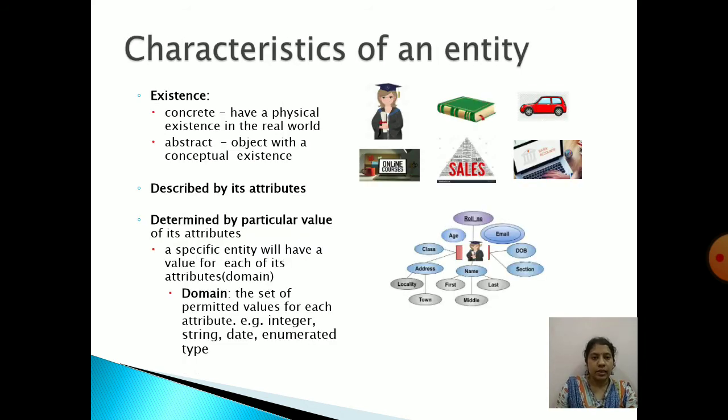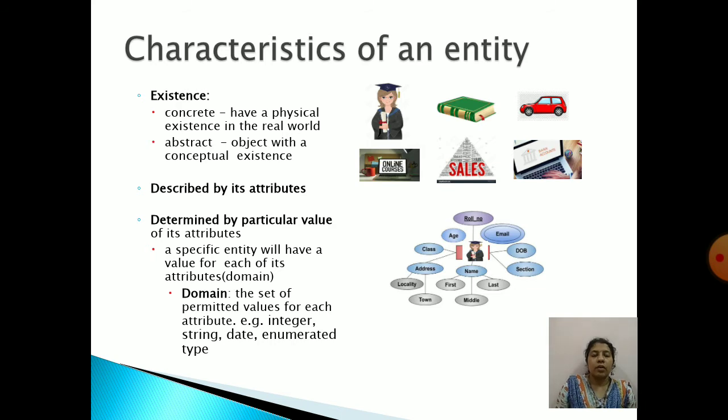Now we'll see the characteristics of an entity. When I say entity, it represents a thing or some object in the real world, right? Now, these things or objects can have their own existence, either physical existence or it can be a concept which is present in the world.